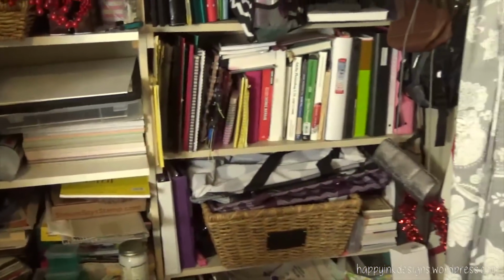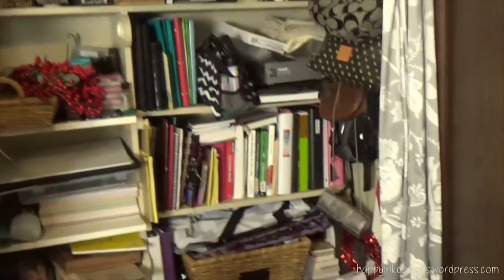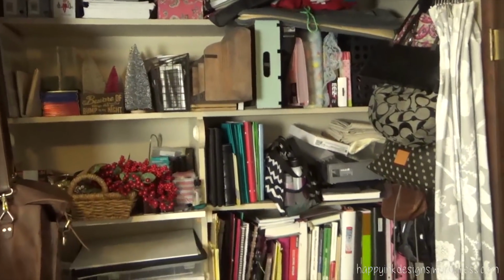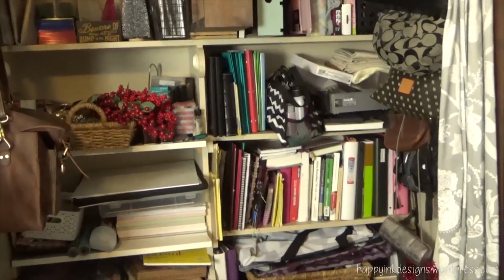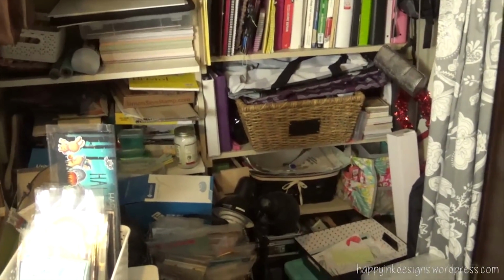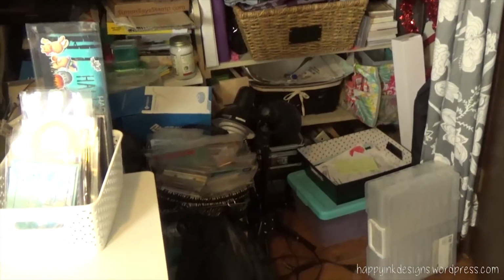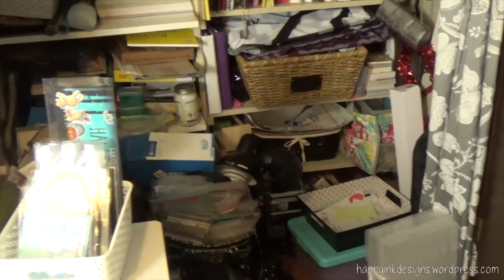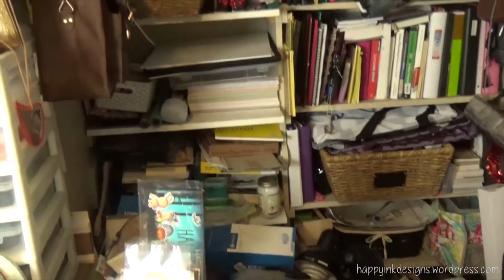So this was an office, and I turned it into my craft room, but I never really got rid of any of my office stuff. So behind the door here, this was the closet. Turned it into shelves. And there's just a lot of stuff in here that I don't need. So I have to do some major purging, I know that. And then we're going to IKEA hopefully in 2 days, just to get some furniture that's going to work in